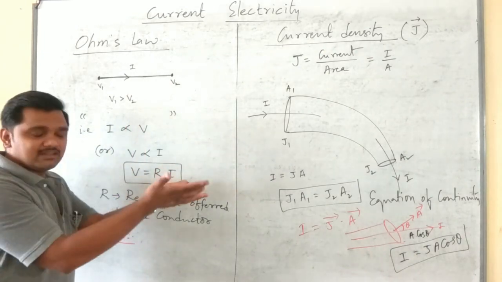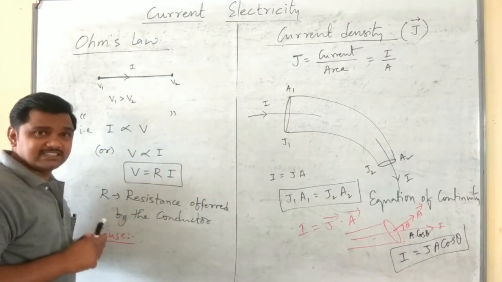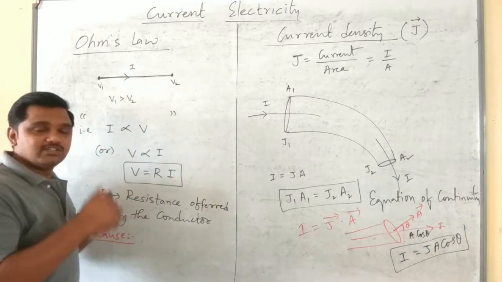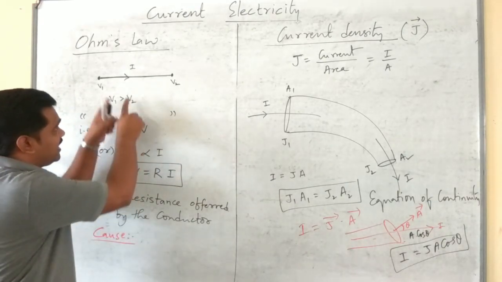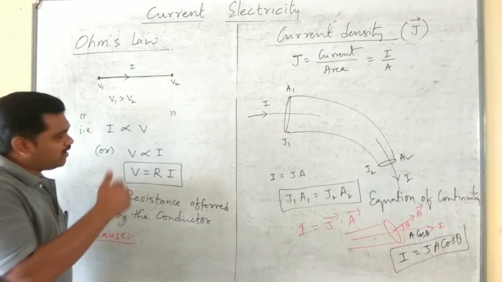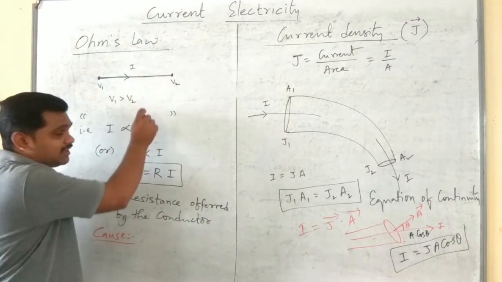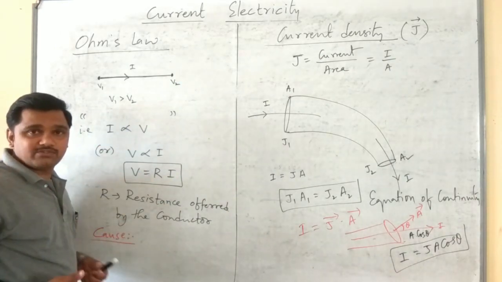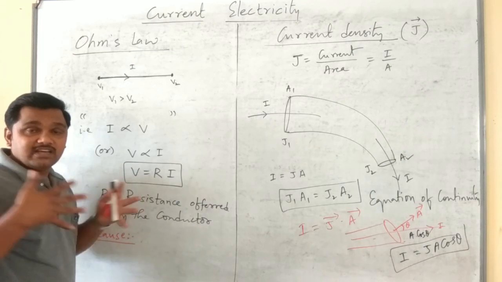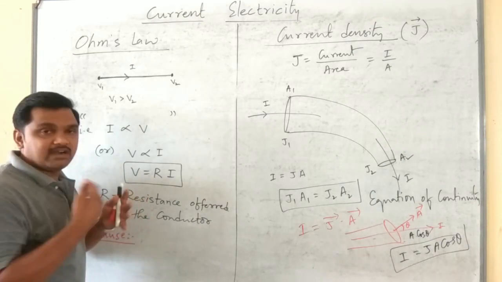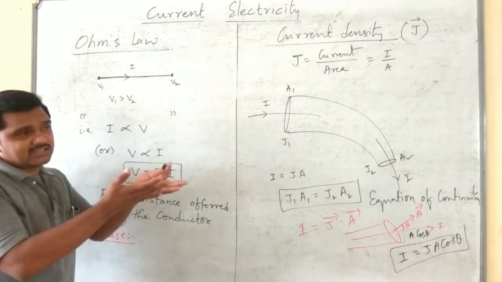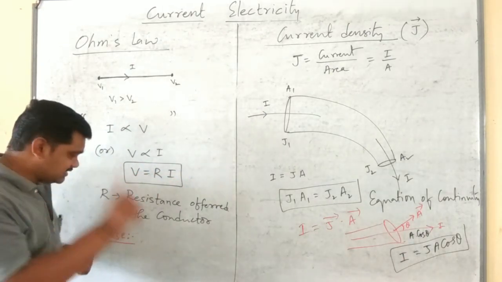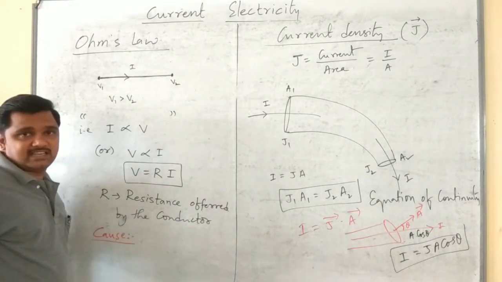If we apply the electric field across its ends by using a battery, then only we can expect a potential difference. So when a conductor is connected to a battery or external electric field, the electrons will drift in the direction opposite to the electric field, that we know. During that drift, the electrons will undergo multiple collisions with the other electrons and the atoms present in the conductor. So that is the main cause for this resistance.